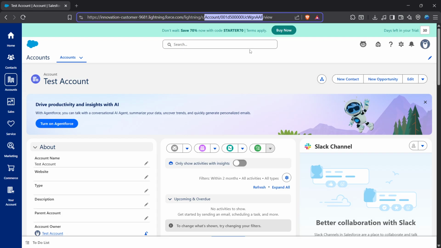That's all there is to it. Open Salesforce, go to Accounts, open the specific account, check the URL, and copy the long string you see there. With this approach, you'll always have the exact identifier you need for reporting,